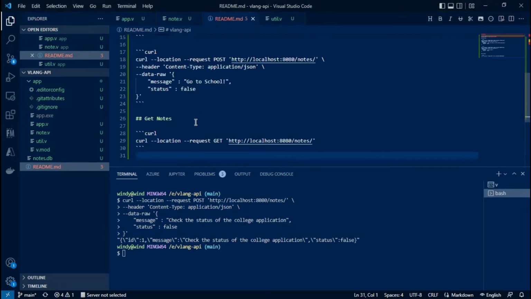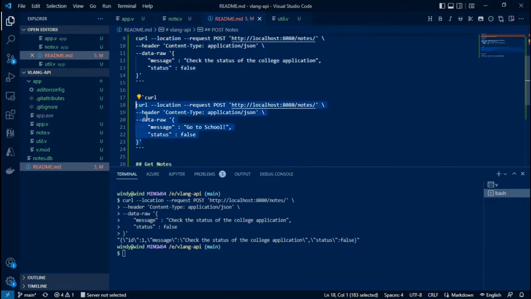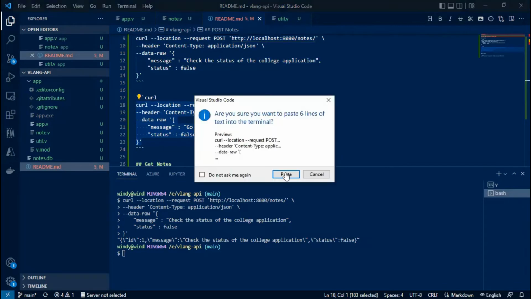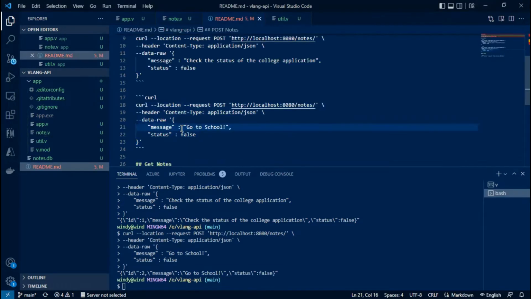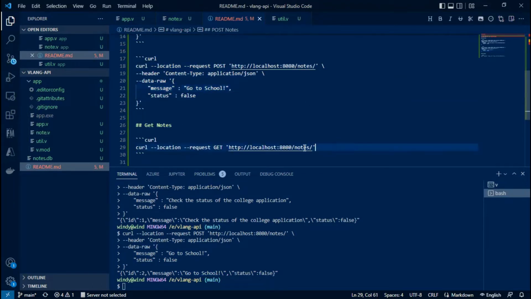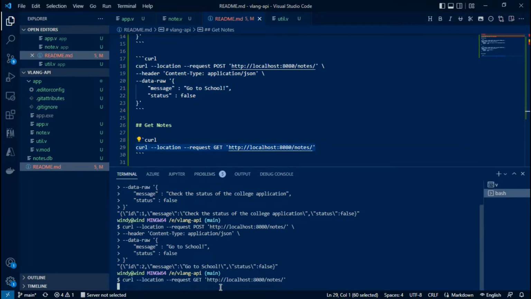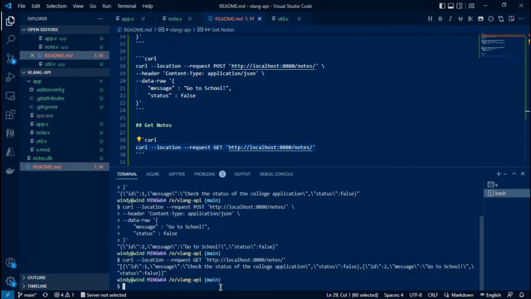So I'm updating the readme.md, and let me add another note by sending the curl command with different payload this time. Alright, so now we will look at the list of nodes that are just now added by sending one more curl command, which retrieves the list of nodes as shown here.